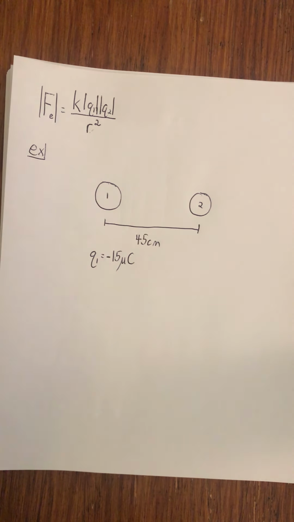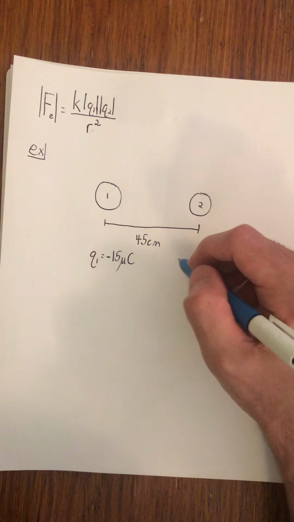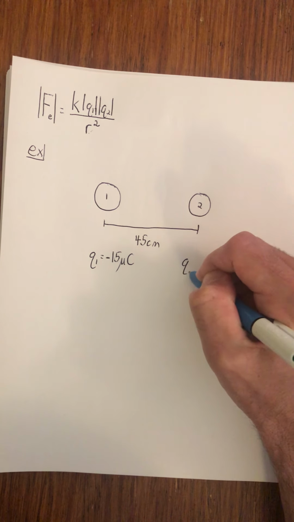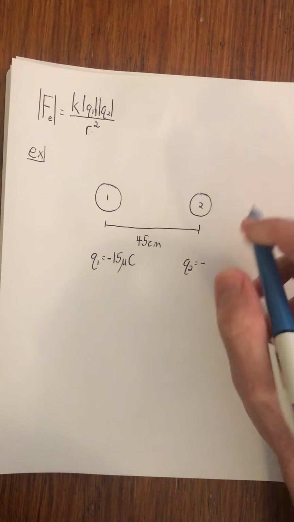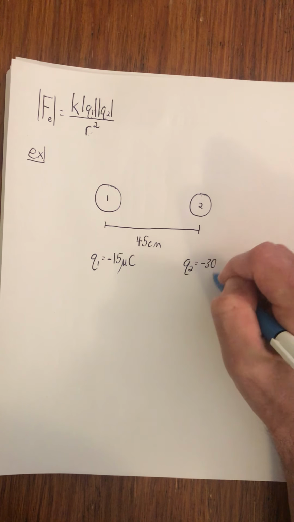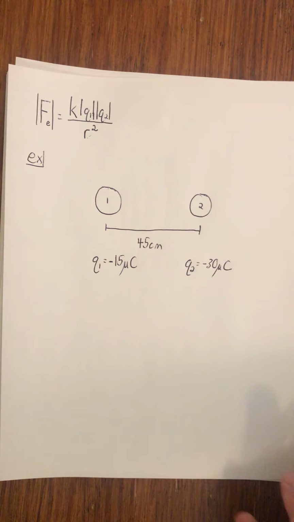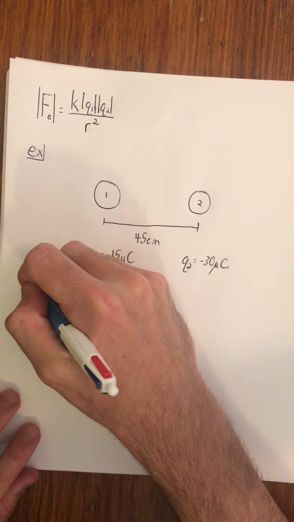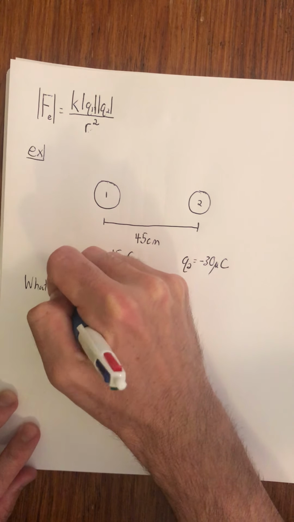And we're going to use that amount of charge there because that's a fairly typical amount of charge. I get the benefit of seeing if you remember how to do the conversions, but I like using that sort of scale of charge because that's fairly typical. Let's say object 2 is also negative, and let's say that is negative 30 microcoulombs. All right, now the question here is, what is the force